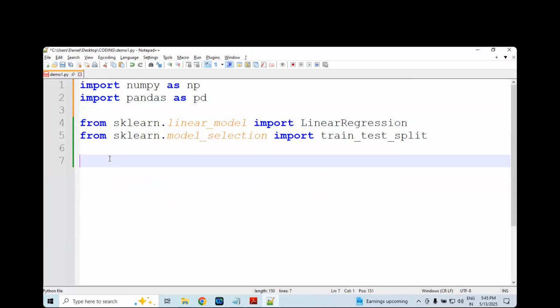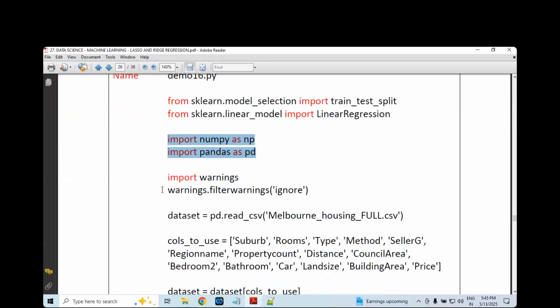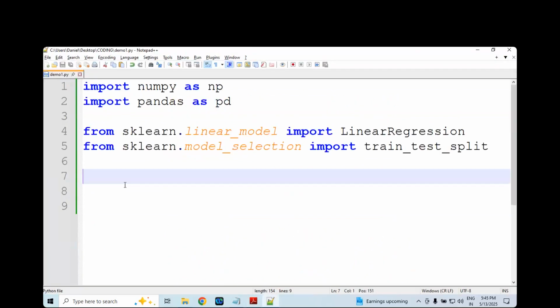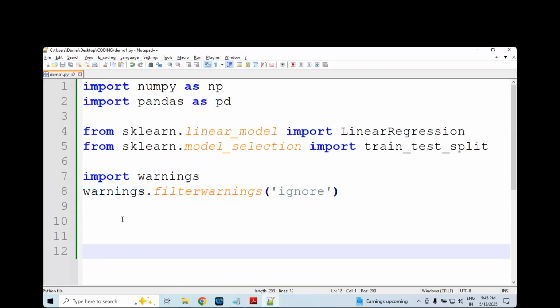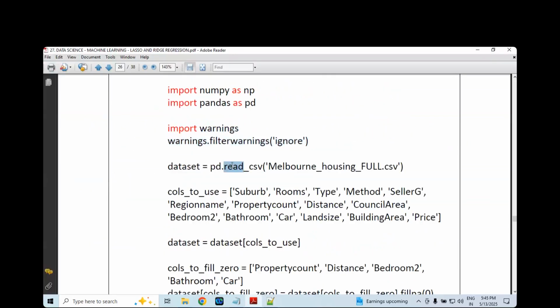Ignore the warnings. Now loading the data set.